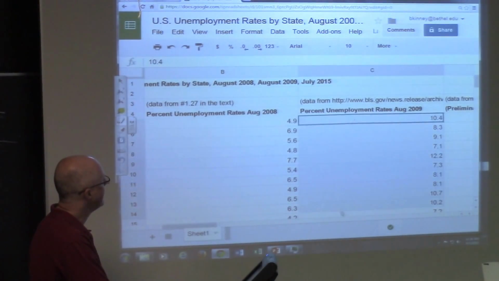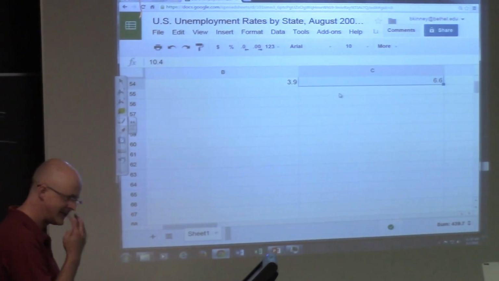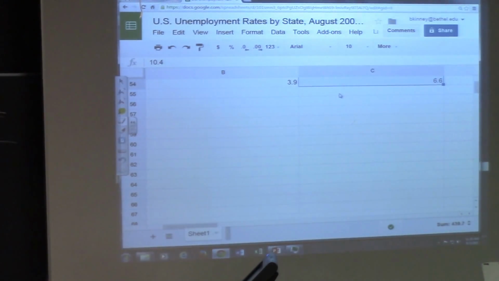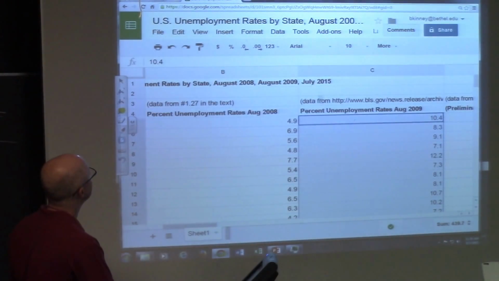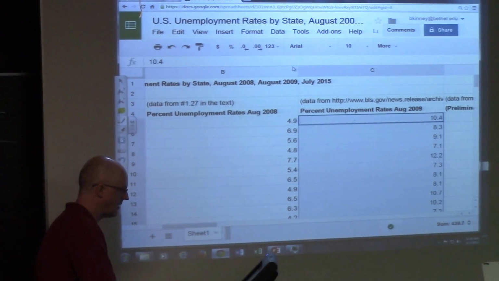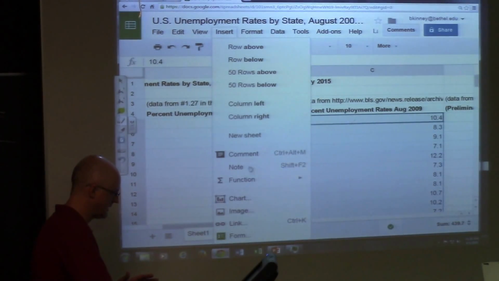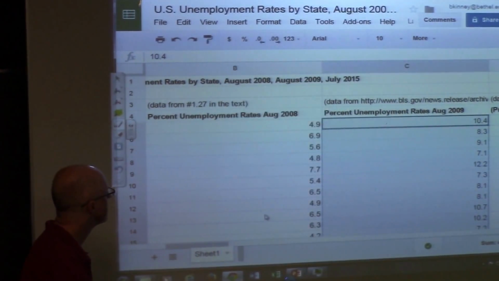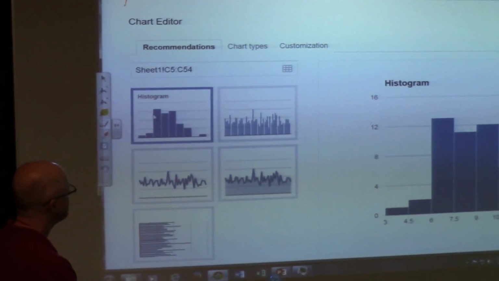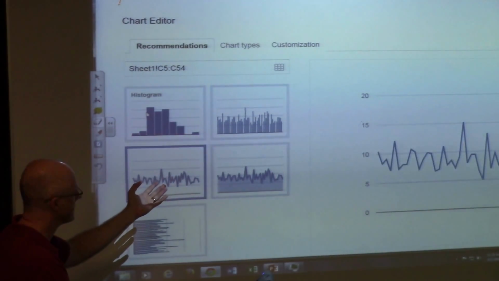So let's do it for 2009. Actually, I had a happy experience this morning in experimenting with this. Google Sheets is better for making histograms than Excel is. You want to make a histogram for August 2009. Go to Insert, then Insert Chart after highlighting those data values. Then pick histogram. It's automatically picked here. If it wasn't, you'd want to pick the histogram.